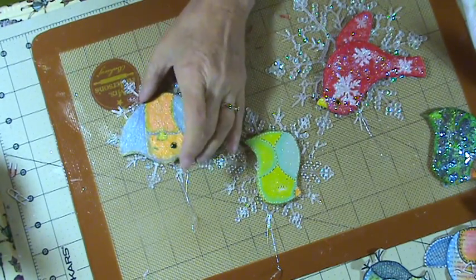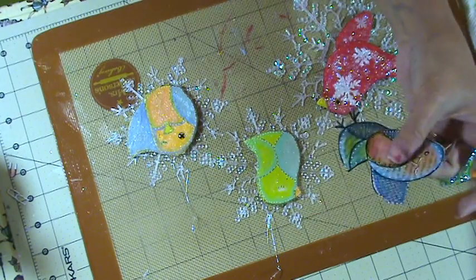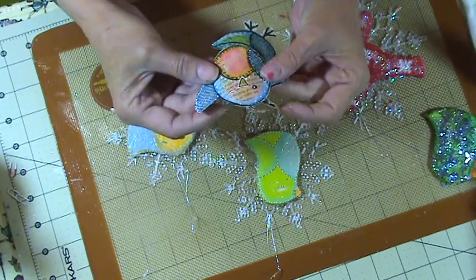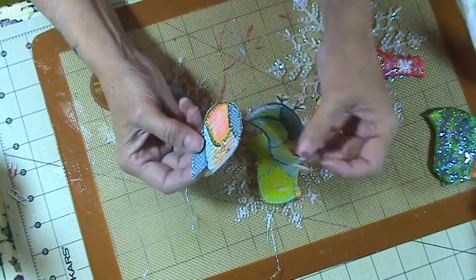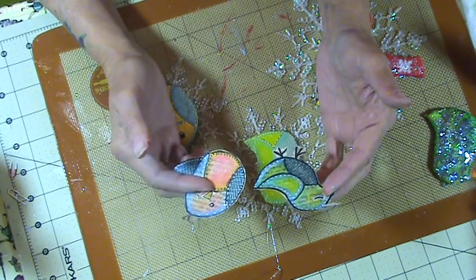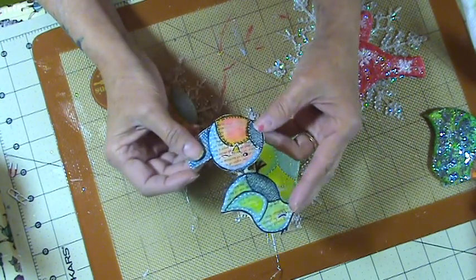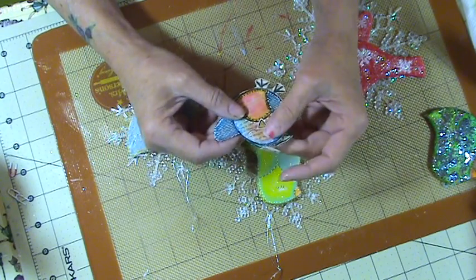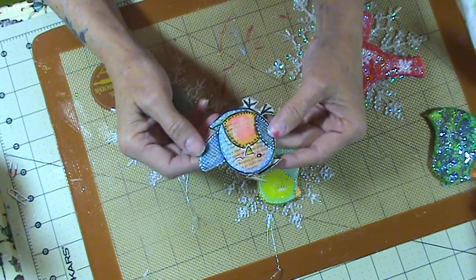Still haven't been able to find these back on the internet. I've scanned these other ones that I have into my computer, but I don't know how I did these. I don't know if they came out as a pattern and I copied them, or if I copied them out on book paper through the printer. I don't remember. I remember doing these, and I think I did them with